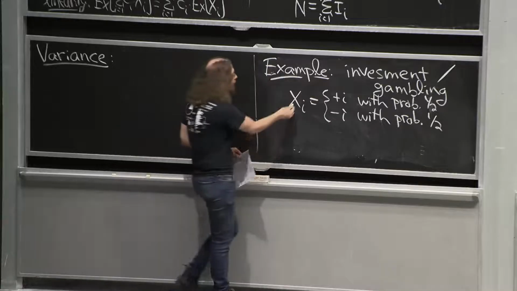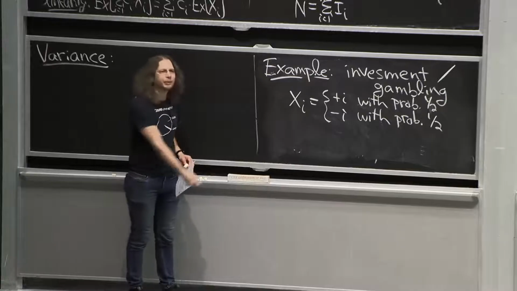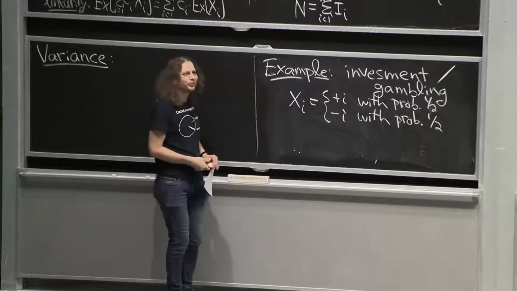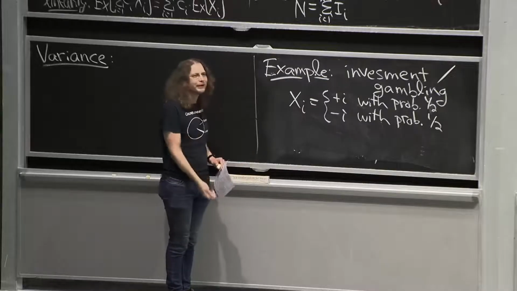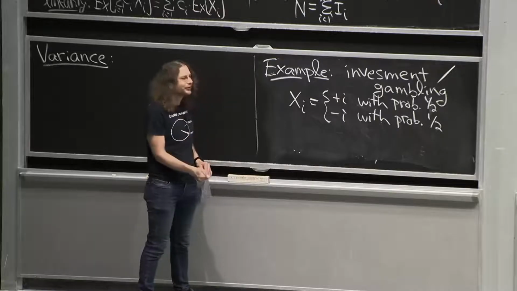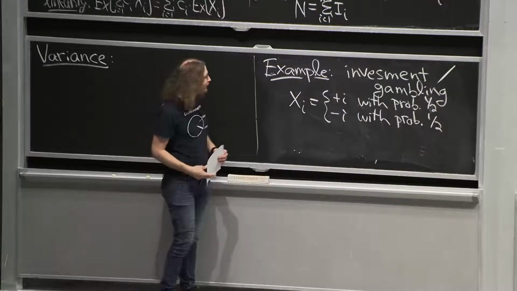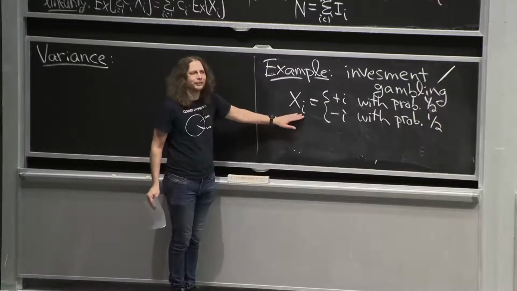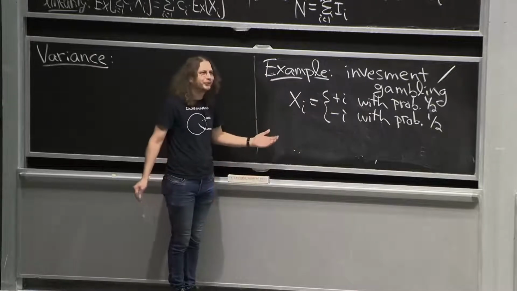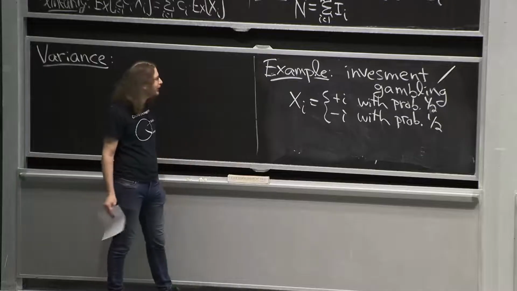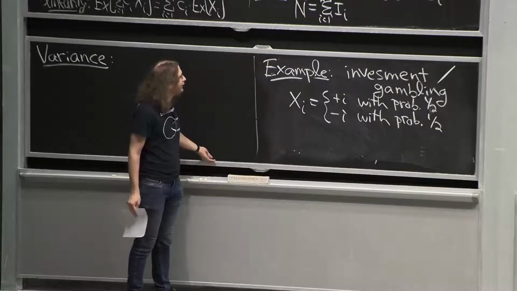So like X1 is I invest $1 and 50% chance I double my money, 50% chance I lose my money. X100 is I put in $100 and 50% chance I double my money, 50% chance I lose all my money. Or I could put in $1 billion. Are these exactly the same investment strategies? I mean, you would probably say when i is larger, this is a higher risk investment. If I put in $1 billion, that's very scary. I could potentially lose $1 billion. Of course, I could also win $1 billion, so that's high risk, high reward. If I invest $1, yeah, I'd play that game. Why not? It's just for fun.